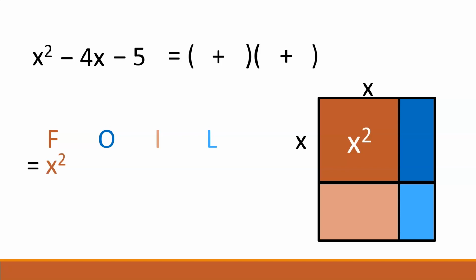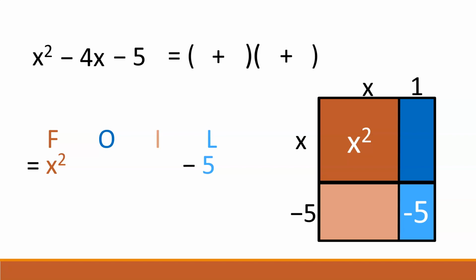If we multiply the first terms of the binomials together, we'll get the x squared. So x times x is really our only possible way to do that. If we multiply the last terms of the binomials together, we get -5. Now there's more than one way to do that. It could be +5 times -1 or -5 times +1, but the correct combination is -5 times +1,